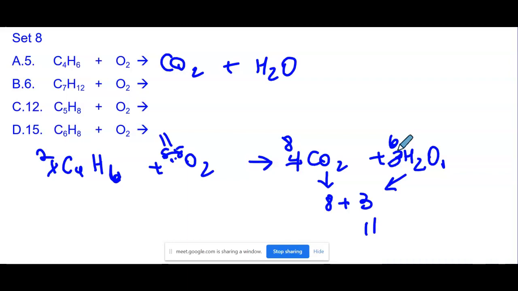Yeah, let me show you. Let's go through the numbers so you can see them again. So now I have 8 carbons here on the left and 8 carbons on the right. 12 hydrogens, 6 times 2 is 12. 6 times 2 is 12 here, yes? And then over here I have 22 oxygens, yes? Because 11 times 2